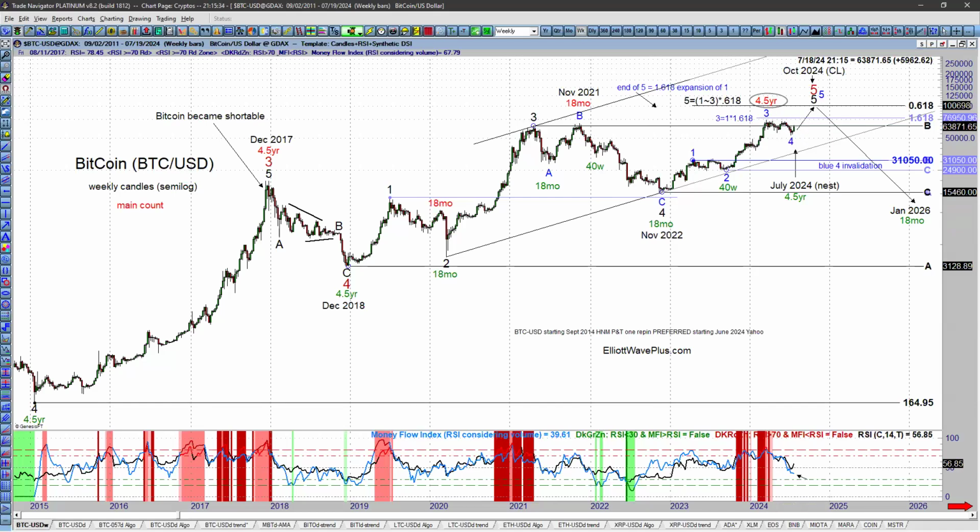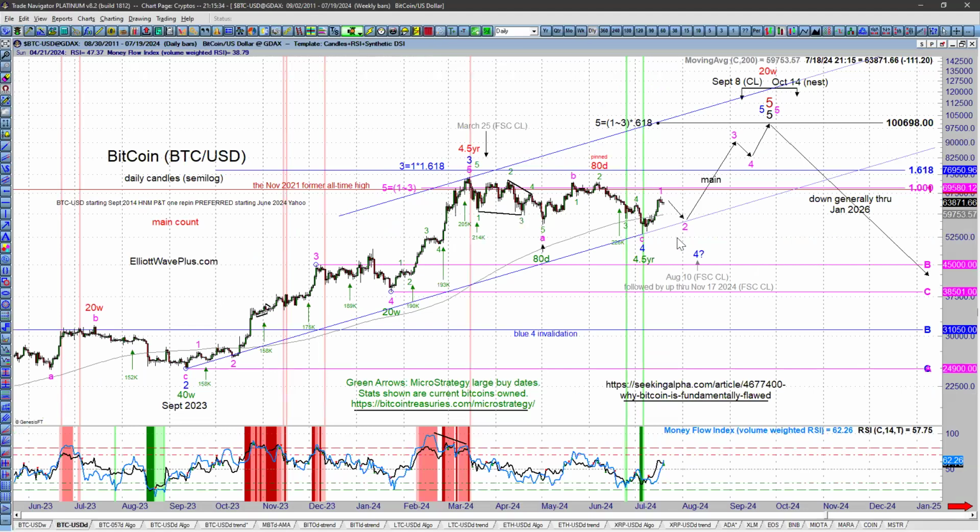My wave count is that Bitcoin will hit 100 grand. And that would be at the end of a typical wave 5. But after that, I'm telling you, you read this article: Why Bitcoin Is Fundamentally Flawed. You could probably just Google that. It's Seeking Alpha. It shows how